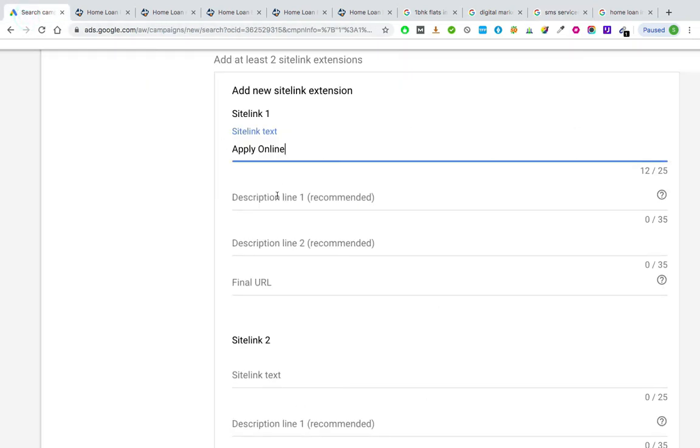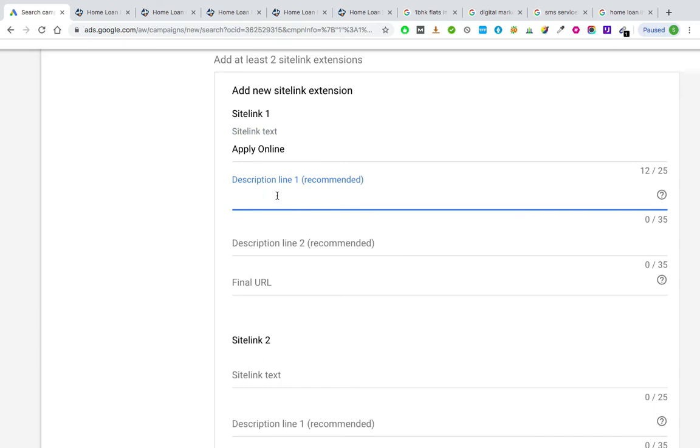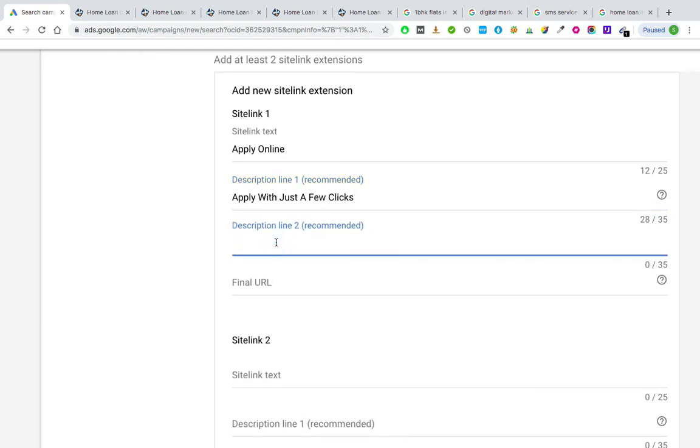So apply online. Let's write a description. Apply with just a few clicks. Okay, online, easy process and approval, something like this.